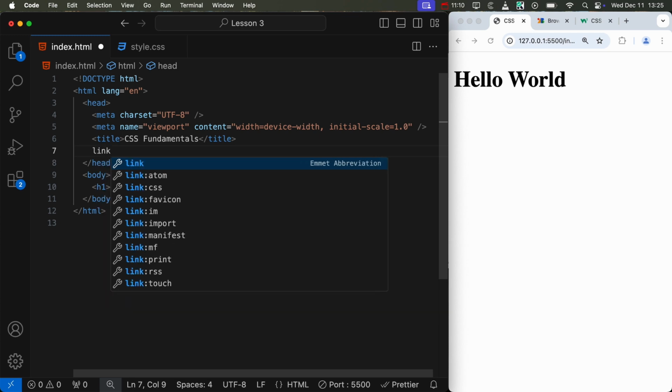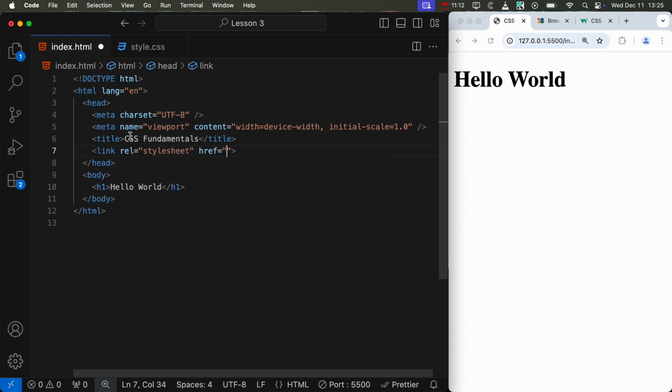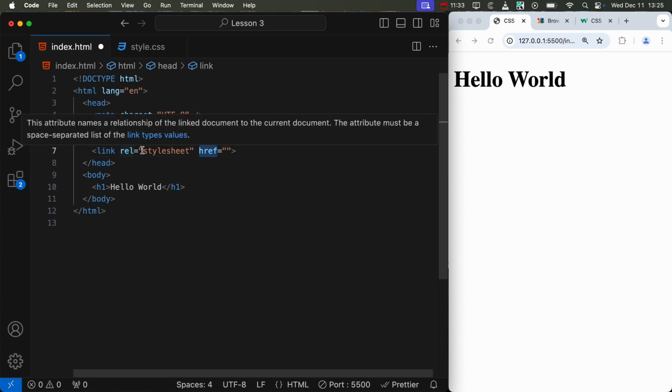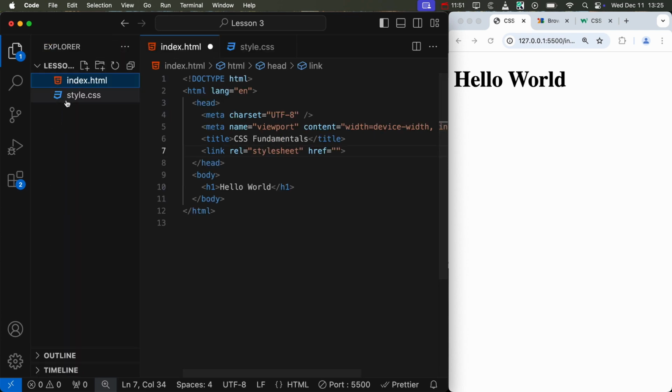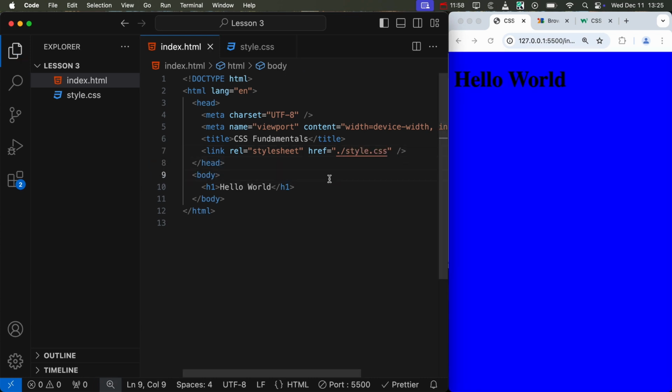So I just type in link and I press enter for the Emmet abbreviation. We have the rel and the href attributes. The rel attribute simply stands for the relationship of this particular type of link. So what is the relationship of this link to our HTML page? The relationship is that this link is going to be a style sheet, while the href is going to point to where this file is located. In this case, the file is located in our file system. So I just hit the / and type in style.css,